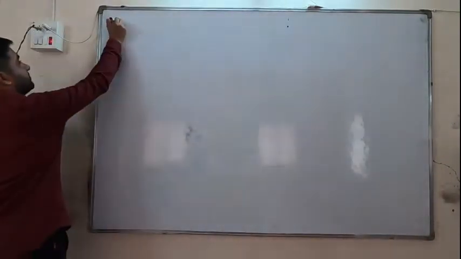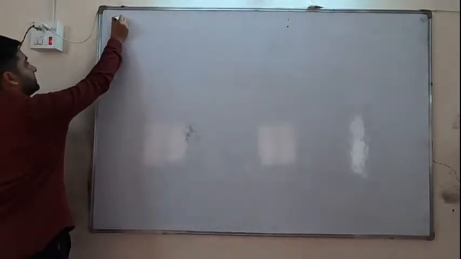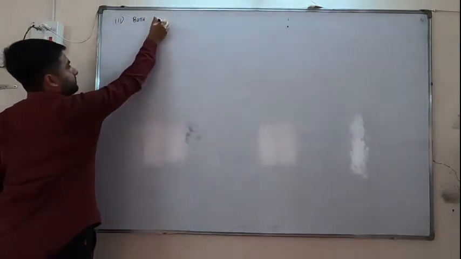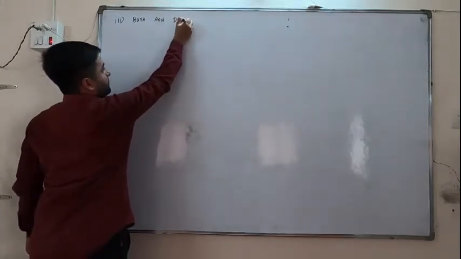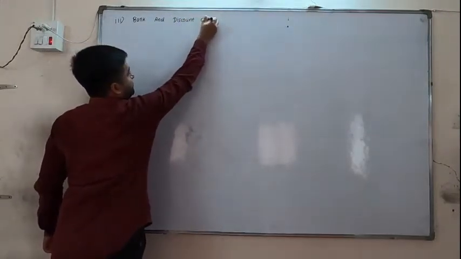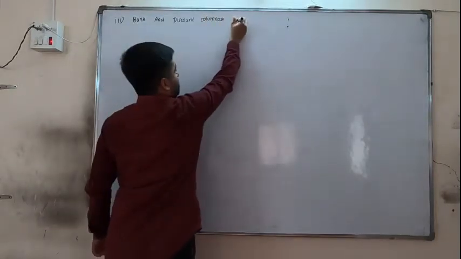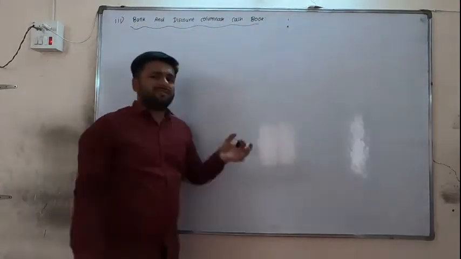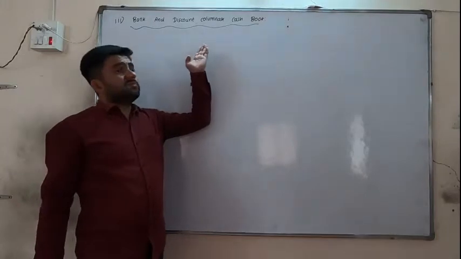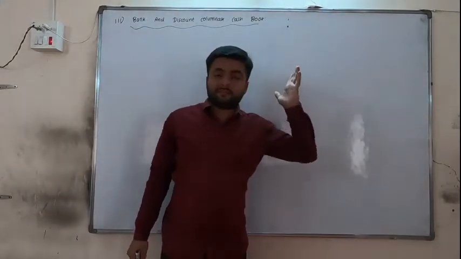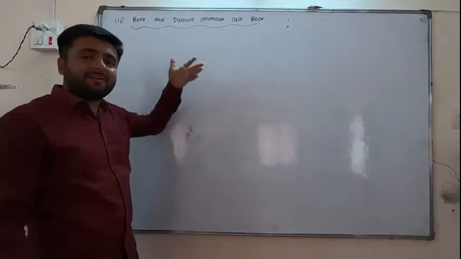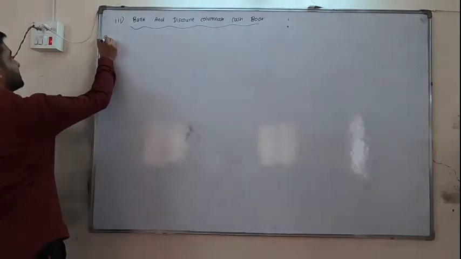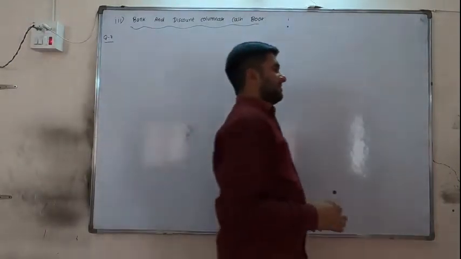So everyone, my friends, you write 3. Bank and discount columnar cash book. No other rules are required because rules of discount we have learned in cash and discount. Rules of bank we have learned in cash and bank. So now no rules are required, just give the heading and after that we are starting our question number 7 because nothing is required.